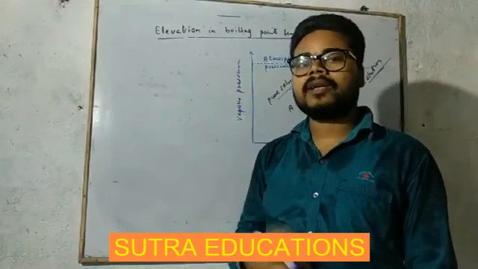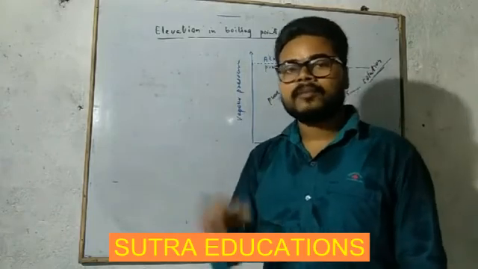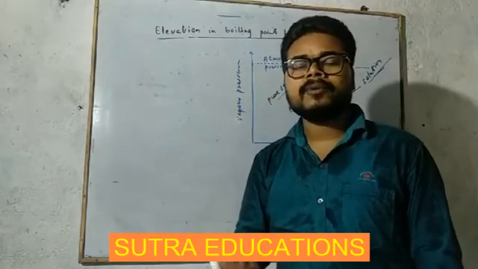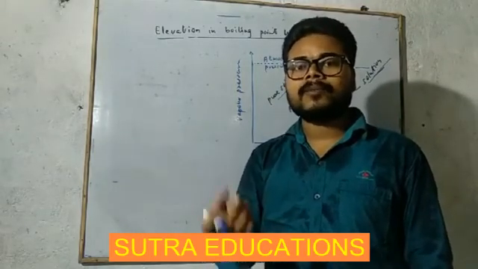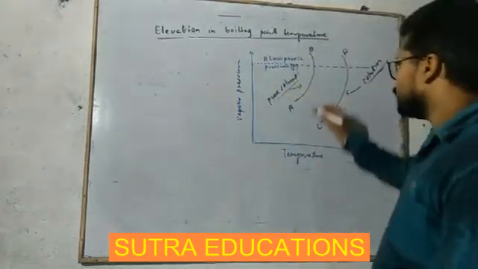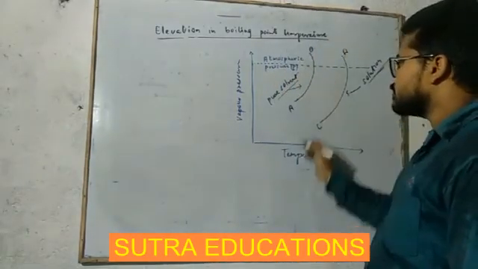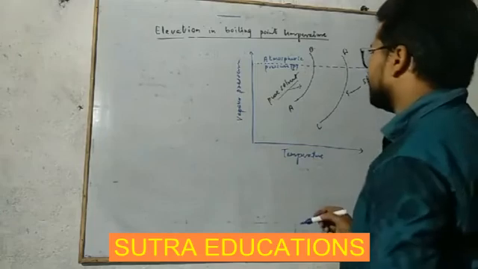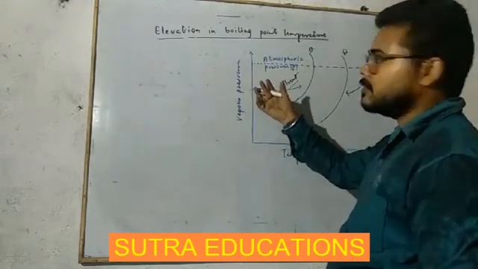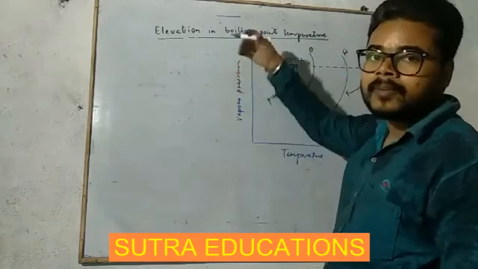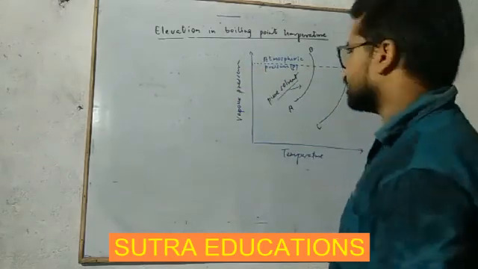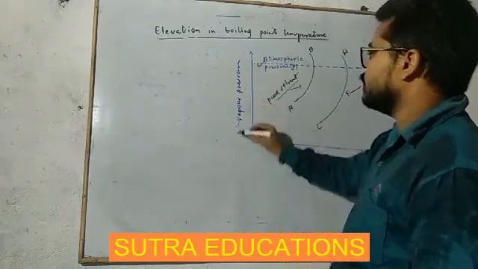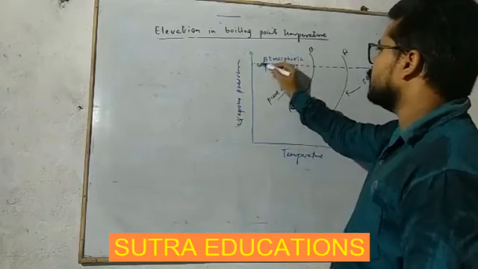Okay. And when we add some non-volatile solute into the pure solvent, then formation of vapor pressure decreases, and that's why we have to heat it at more temperature, so boiling point temperature increases. So this is pure solvent, means we are increasing temperature. So what happens, the solvent starts converting into vapor, and this vapor starts exerting vapor pressure, and when this vapor pressure becomes equal to the atmospheric pressure,